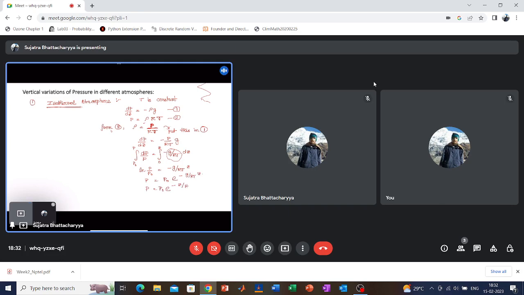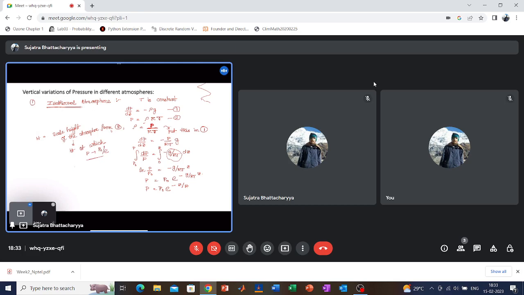Now what is this H? Where H is nothing but the scale height of the atmosphere. So scale height of the atmosphere means what? It is that height at which P becomes equal to the surface pressure divided by e, P naught by e. e is this exponent, 2.718. So P will tend to P naught by e at whatever height, that will be equal to the scale height,